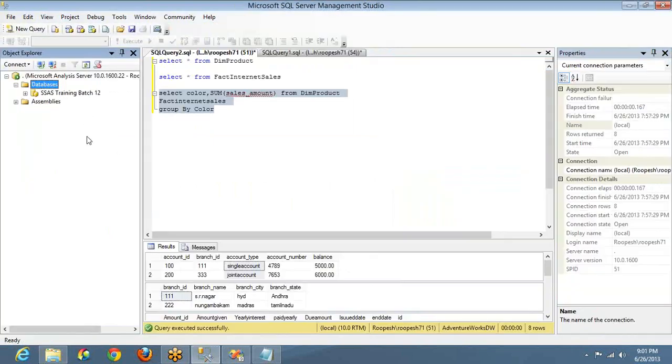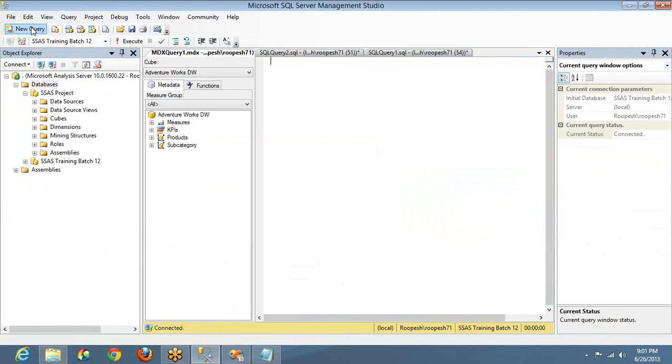Okay. Now deployment succeeded. So if I click on refresh in the server, the project is deployed. That means the skeleton is deployed here, right? And if I select the project here, just one second, let me connect it.